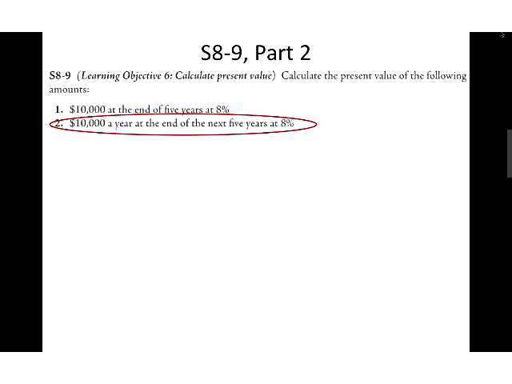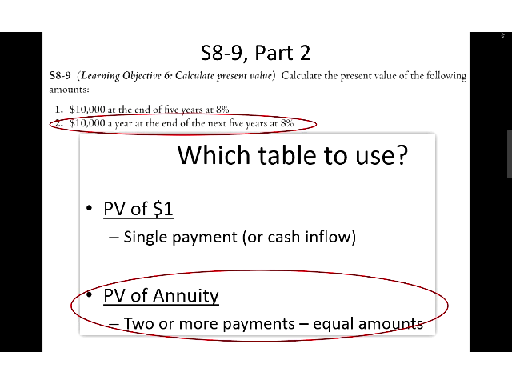When you see that $10,000 a year, that's telling you you're getting $10,000 every year for the next 5 years. So we use the annuity table when we have a series of equal payments. If those payments are exactly the same, we use the present value of an annuity table. If those payments are different amounts, if we got $10,000 this year, $20,000 next year, those we have to treat